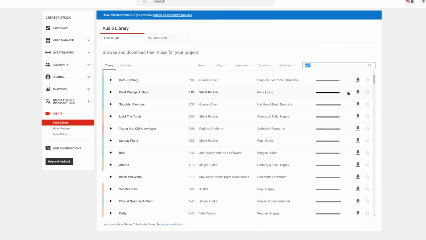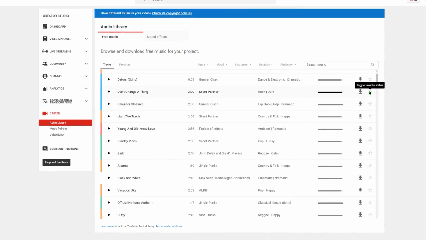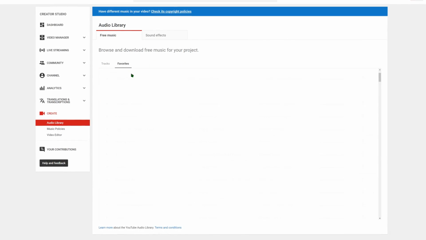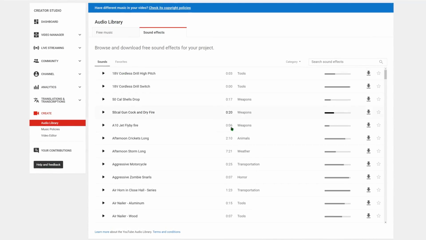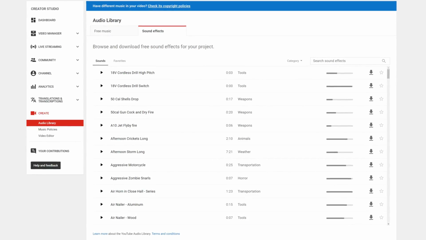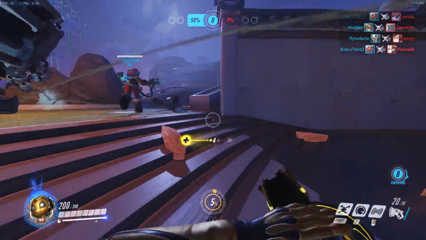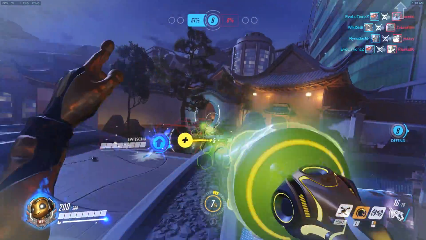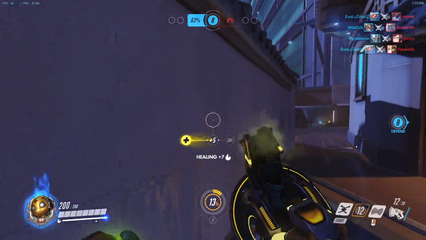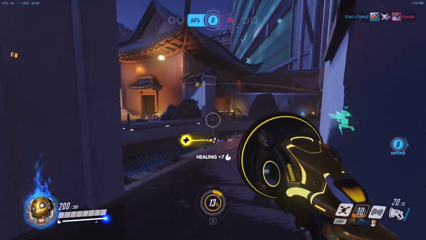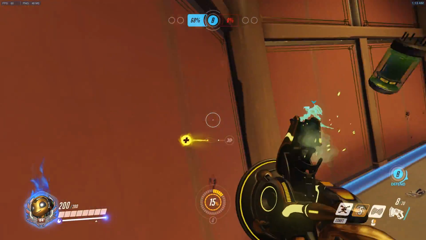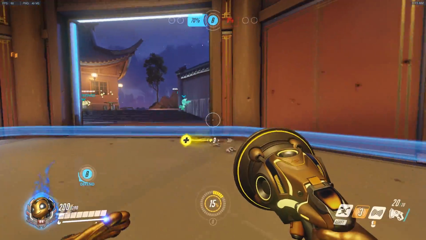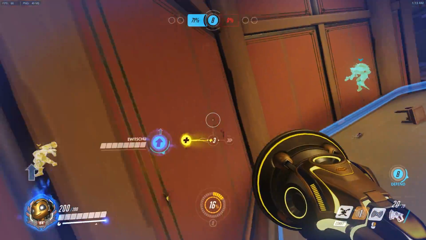If you click it and go to the audio library link, there are tabs for free music and sound effects, and you can search it. You can sort by genre, mood, instrument. You can really fine tune what you're looking for, play it back, and then download it and use it in your video. It automatically clears out any claims on it because they've gotten the licenses from the royalty-free providers to allow you to use it in your videos. And then you no longer have to worry about getting claimed because YouTube generally has your back, sometimes, sort of.